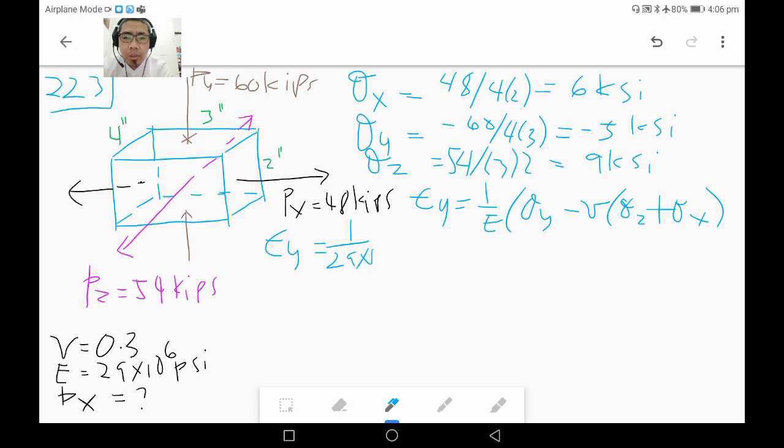29 times 10 to the 6. No? Then, multiply natin ng stress. That is 9. Stress in Z, in Y, I mean, is a negative 5. That is negative 5. 5 KSI means 5,000, KSI. So that is negative 5,000